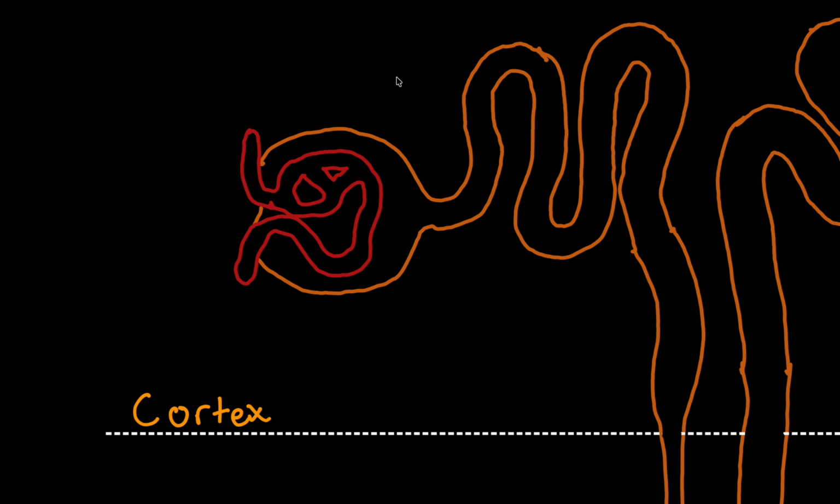Now, our nephron is one of those structural units as part of our kidney that helps filter waste products. This first structure right here is known as our Bowman's capsule. This is where our glomerulus and our glomerular capillaries actually meet, and this is where blood will flow through our